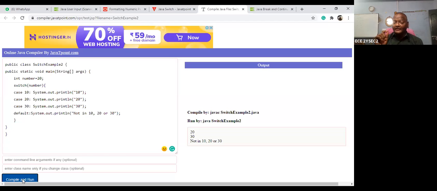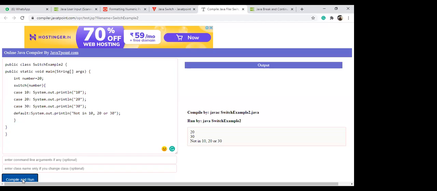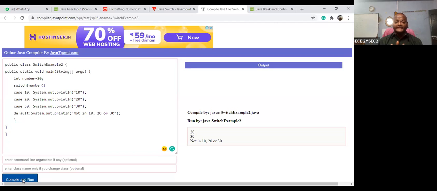Okay, can you please find out what is the problem here? Here you are not using the break. Suppose you want to print only case 10, then you will get only the 10 value. But here, once the 10 is executed, everything after it also gets executed.